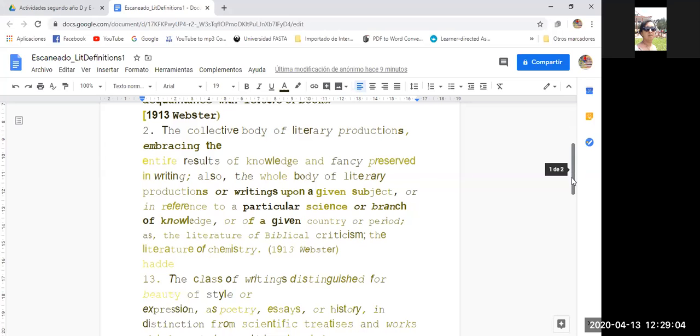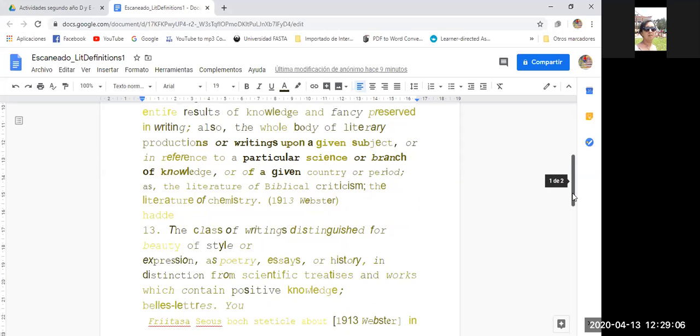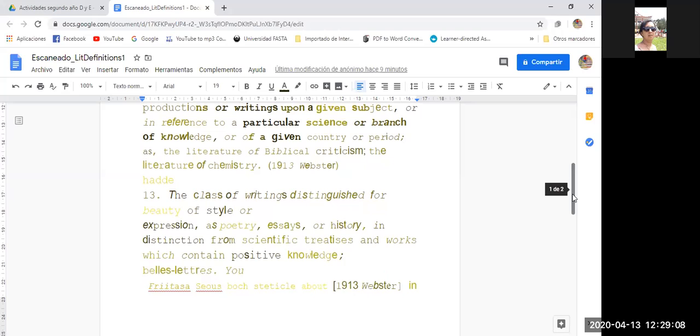Then you have another definition. It is the class of writings distinguished for beauty of style or expression, as poetry, essays, or history, in distinction from scientific treatises and works which contain positive knowledge.